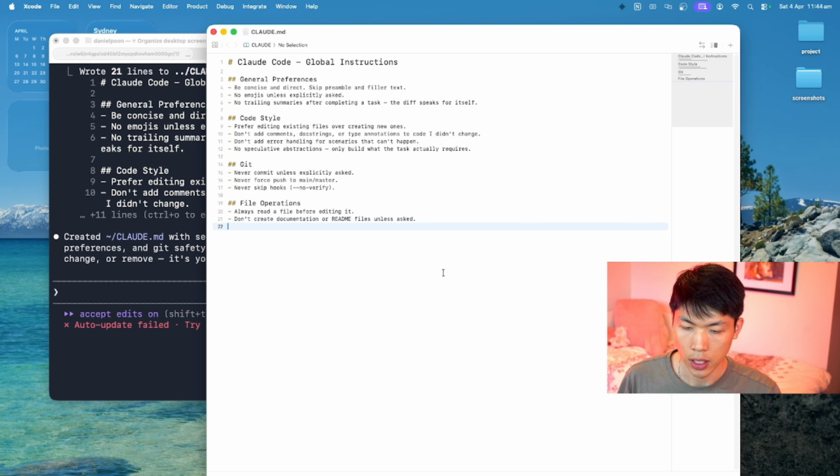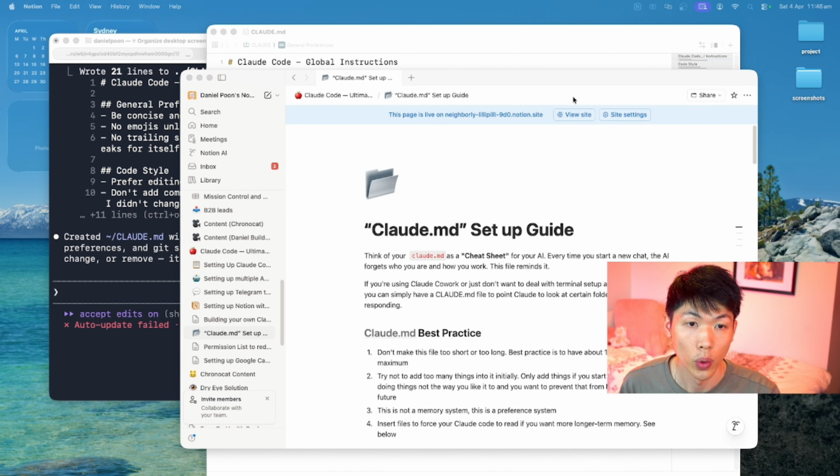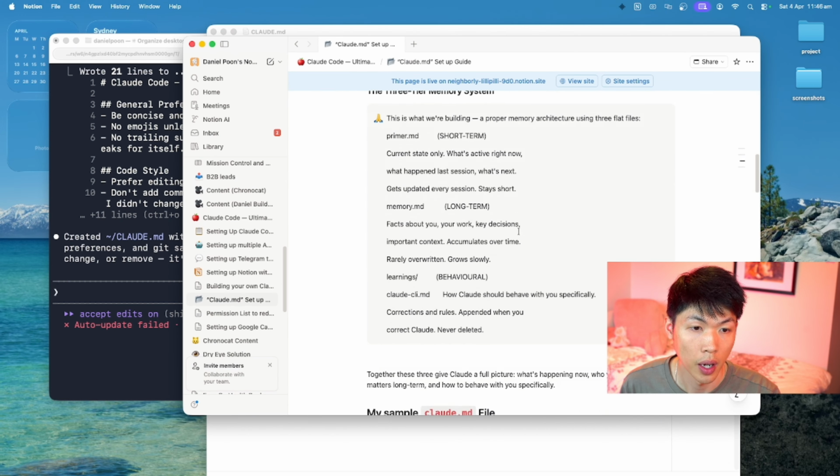Claude.md is basically the instruction file that Claude reads every single time it opens a new session. So it's very powerful because it tells Claude, hey, you should remember to do this, and this. The danger here is people put too much or too little into Claude.md. Too much, it becomes bloated and actually skips a lot of the lines and it doesn't do what you want it to do. So this is my own kind of Claude.md file setup guide that I wrote,